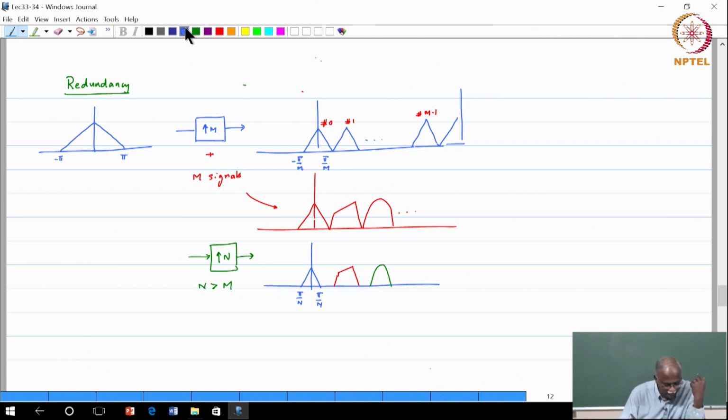Okay, so the notion of redundancy in our context means some additional resources so that we can process our desired signal in a more efficient manner. In our case, the redundancy is coming by upsampling by a factor of n, where n is larger than m. But where did I use more resources? It is still sitting between 0 and 2 pi. Where did I use more resources? It is a higher sampling frequency, the sample rate is higher, that means bandwidth was higher. Yes, 2 pi is the discrete time frequency, but actually it represents